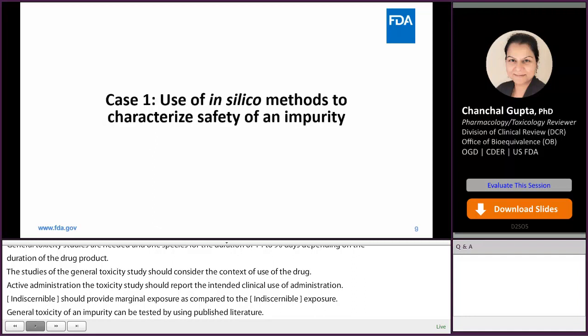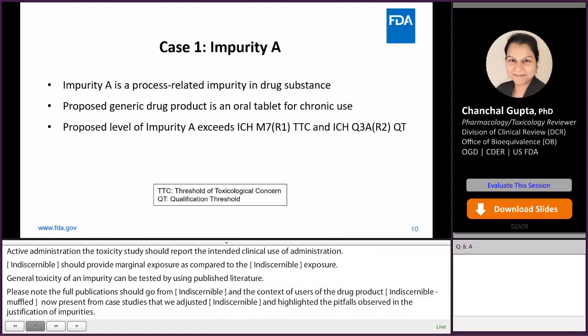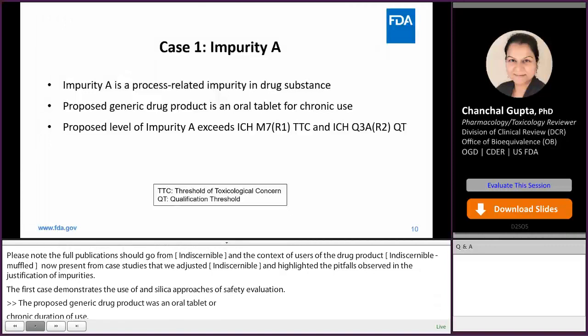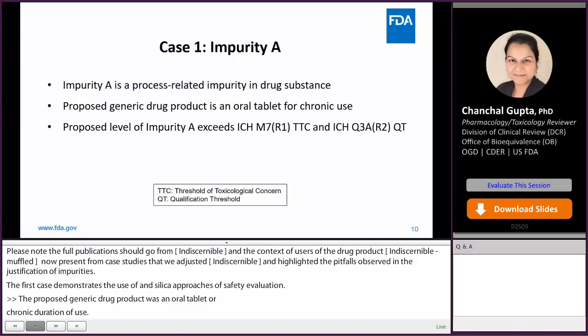The first case demonstrates the use of in silico approaches for safety evaluation of impurities. Impurity A was a process-related impurity in drug substance. The proposed generic drug product supported by the given DMF was an oral tablet for chronic duration of use. The proposed level of impurity A exceeded the threshold of toxicological concern per ICH-M7 as well as the qualification threshold